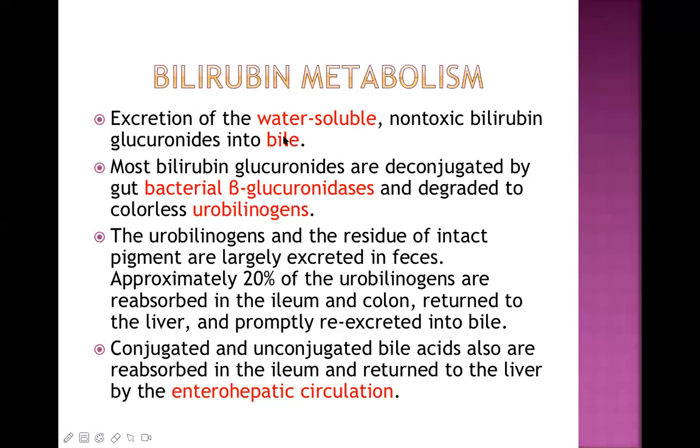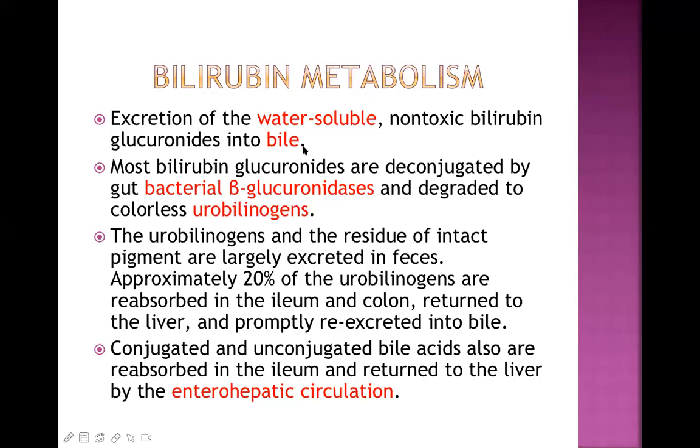Now, with the help of the biliary duct, this bile will go towards the second part of the duodenum. Now, what will happen there? That bile will flow towards the distal parts of the intestine. There are lots of bacteria inside our intestine, and these bacteria have one particular enzyme, which is known as beta glucuronidase. This glucuronidase will degrade that conjugated bilirubin into unconjugated bilirubin as well as urobilinogen.